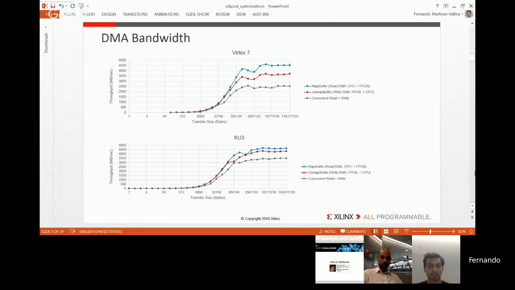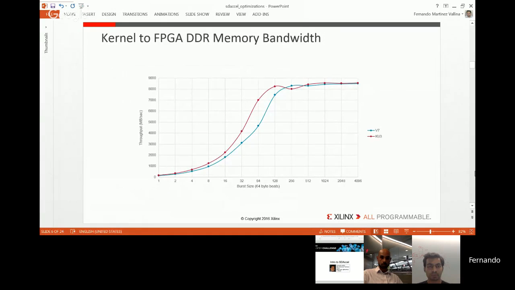So once you've accounted for this, the other thing to take into account is the bandwidth of your accelerators to the memory that's on the FPGA card. So both cards have 8 gigabytes of memory available on the Virtex 7 card and 16 gigabytes of memory available on the Kintex UltraScale card. For both of these cards, the maximum achievable bandwidth from the FPGA fabric out to DDR, and these are all DDR3 based designs, is the same. So at best performance, you will get 8 gigabytes per second